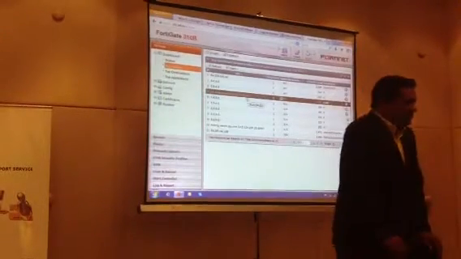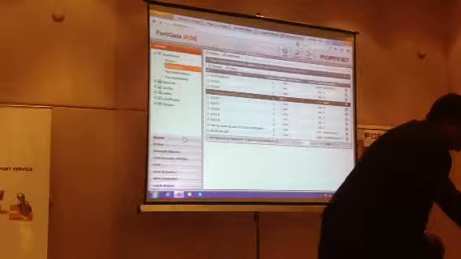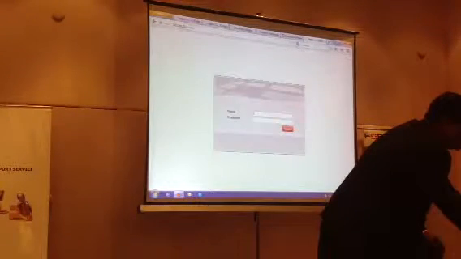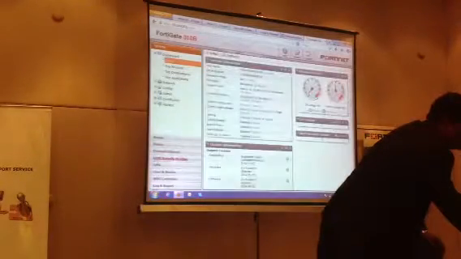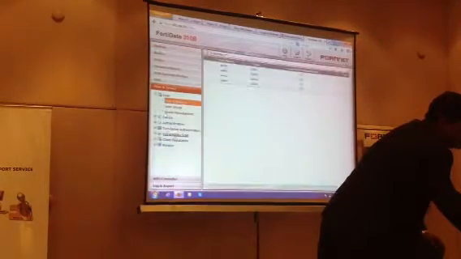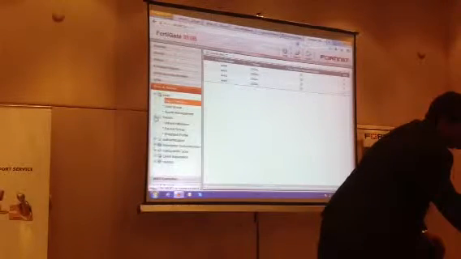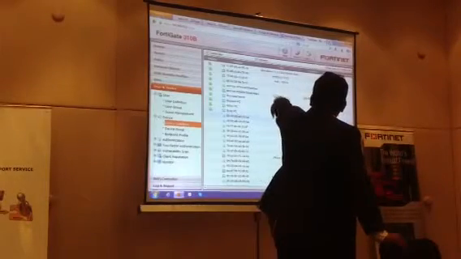If you want to use something device-based like BYOD, which Shakil has already covered, there are a couple of features where we can identify devices. If you go to device definition, there are this many devices we are able to identify.